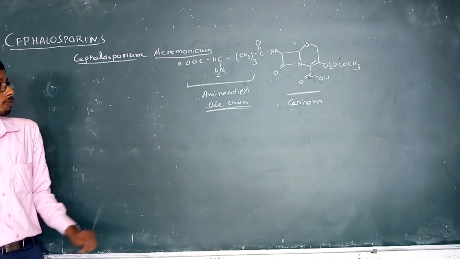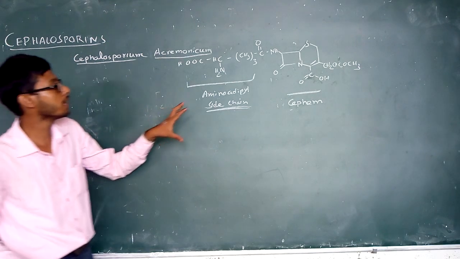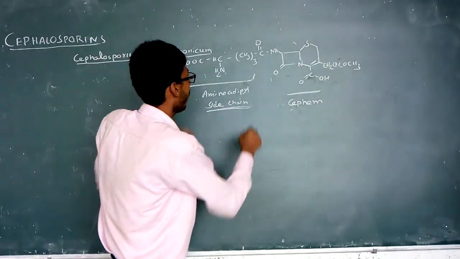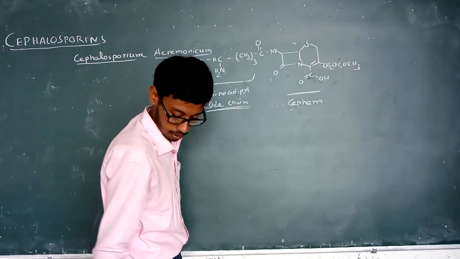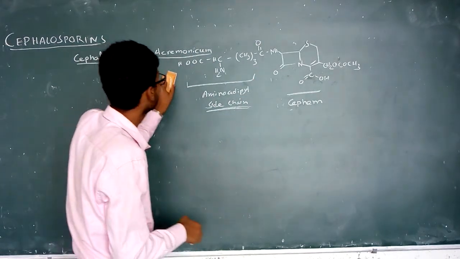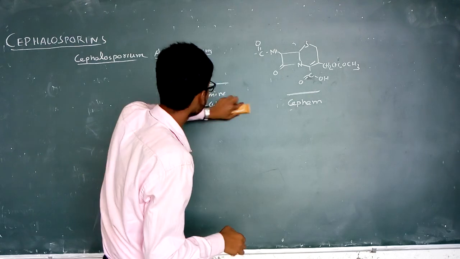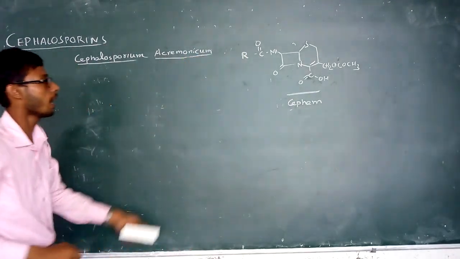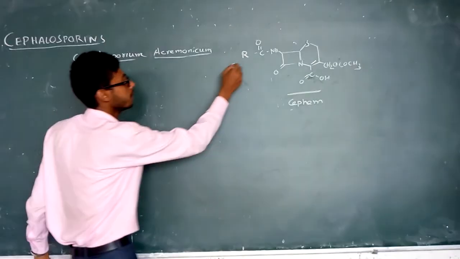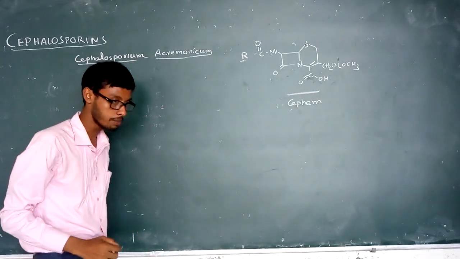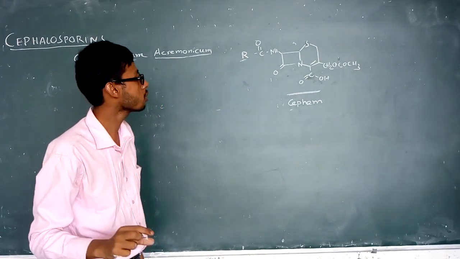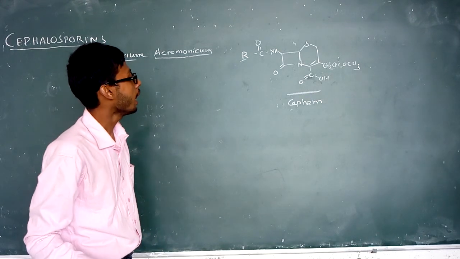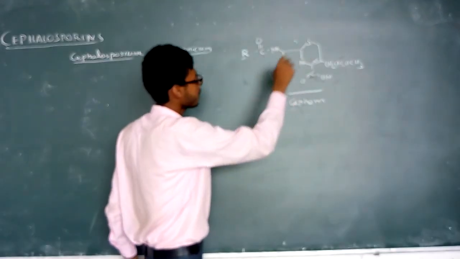So if we deacylate this portion, it is denoted as R. So the R may be different in the various cephalosporin derivatives, and the cephalosporins have the main nucleus,